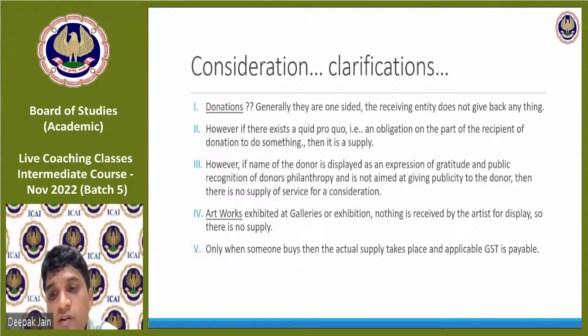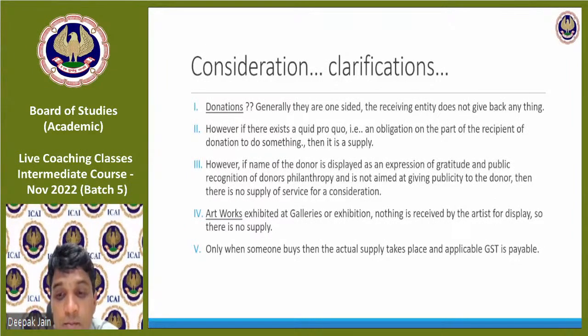If Tata Group donates money to a temple and asks not to mention its name, it is not supply. But if it expects the temple to put up a placard mentioning "donated by", then GST, no. Just a placard, if it is provided, then it's not. But if they're doing publicity or marketing for Tata, publishing and marketing a lot of Tata products and things, then it is supply, not otherwise.